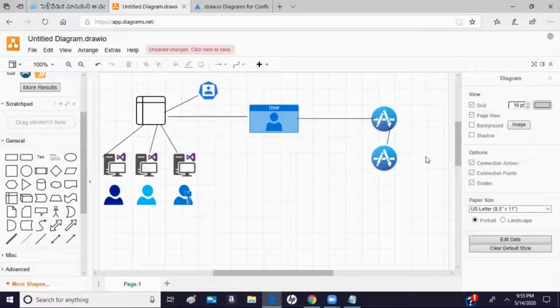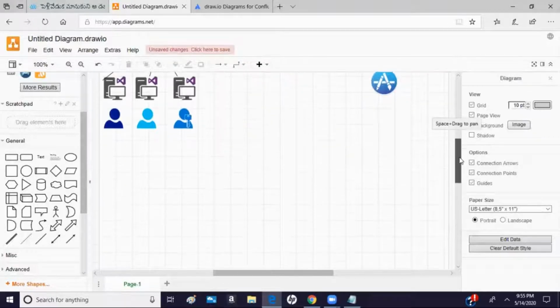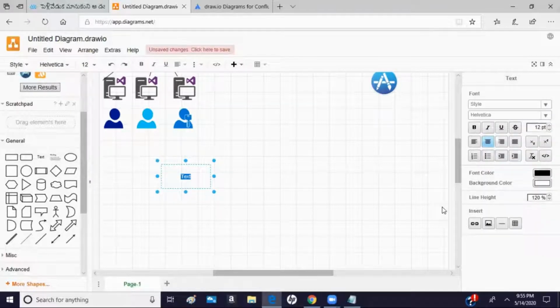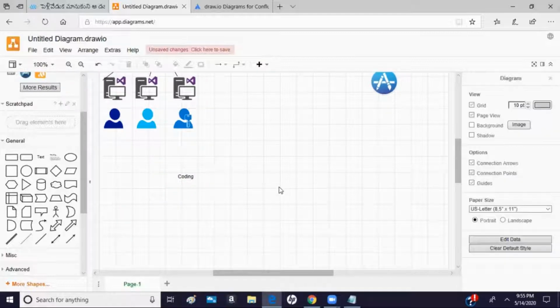So now I am giving you a text so that you can start your DevOps flow here. For example, I can start with coding. This is the first practice they do.